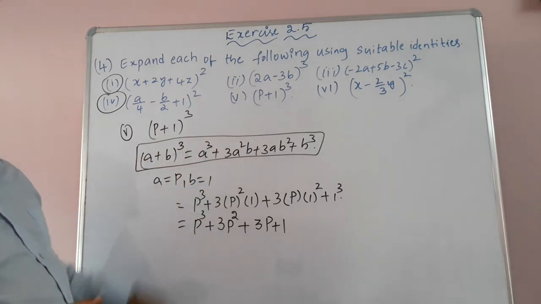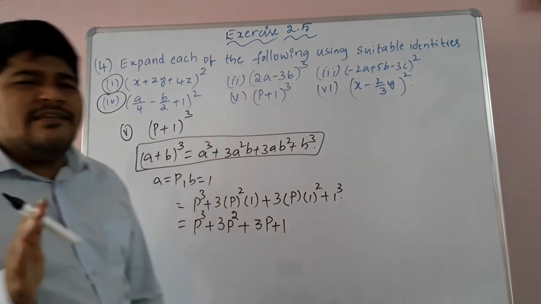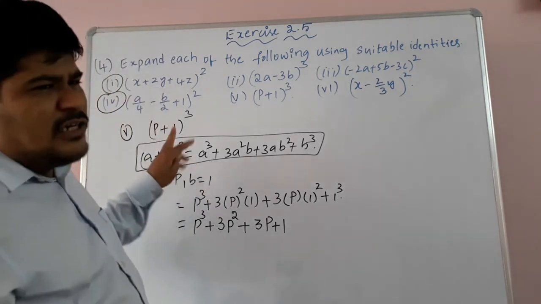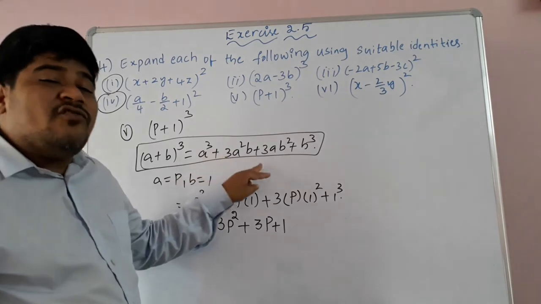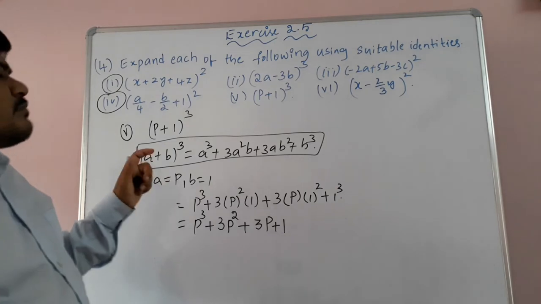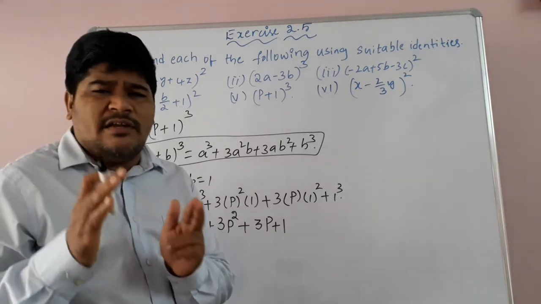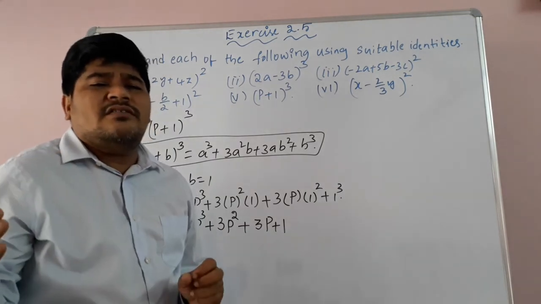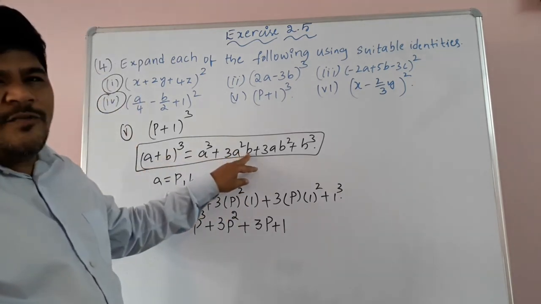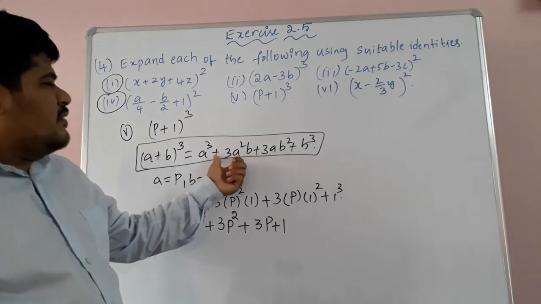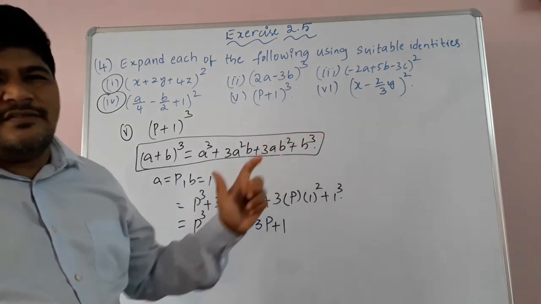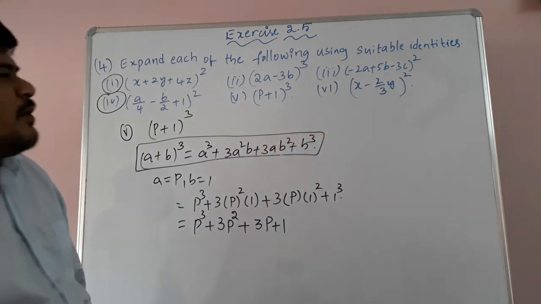So we just use the formula a plus b whole cube is equal to a cube plus 3a square b plus 3ab square plus b cube. If it is a minus b whole cube, what, children? Where is the difference? A cube minus 3a square b plus 3ab square minus b cube. Means, children, negative to the power of odd number is negative, negative to the power of even number is positive. So when you are taking minus, here b will be alone, no? Minus b, then it becomes minus. And here minus b whole square means a positive. Minus b whole cube means negative. So that is the difference, children. That's it. Okay.